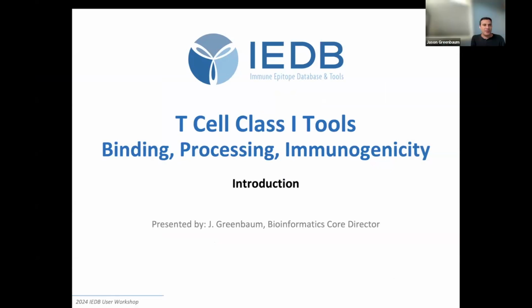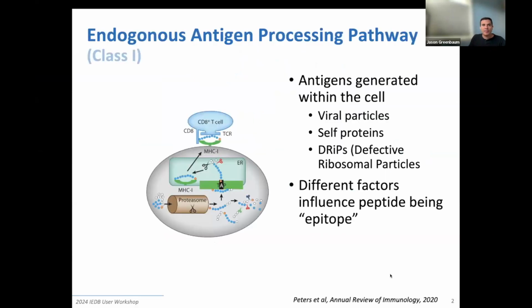Thanks. All right, so I'm gonna switch gears now, not too much, and talk about the T-cell class 1 tools, the binding, processing, and immunogenicity, with a focus on the next-gen tools. And we'll start with an overview of the endogenous antigen processing pathway for class 1, which we show in this little cartoon here,